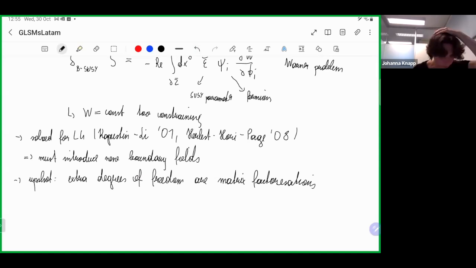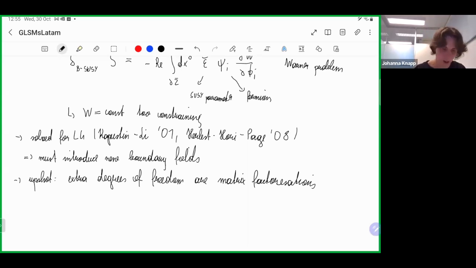This is something that has been known since 1980 in the context of singularity theory. They were invented by Eisenbud for something that had nothing to do with D-branes, and then Kapustin and Lee, based on an idea by Kontsevich, could show that these matrix factorizations are describing B-type D-branes in